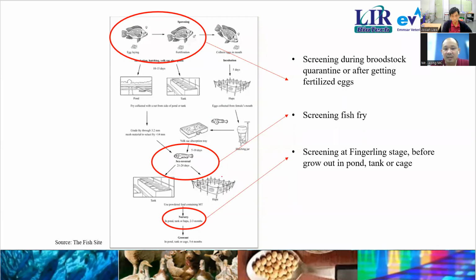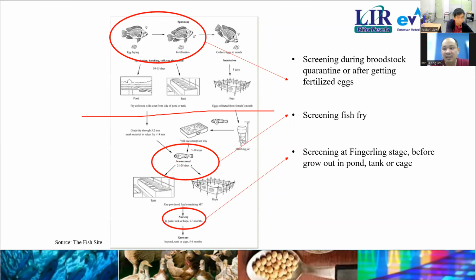So various applications of the molecular tools can be used in a few steps. For example, after the hatchery produces a fingerling, when the fish fry is ready to go into cage culture or pond culture,